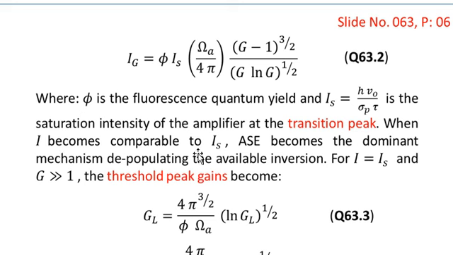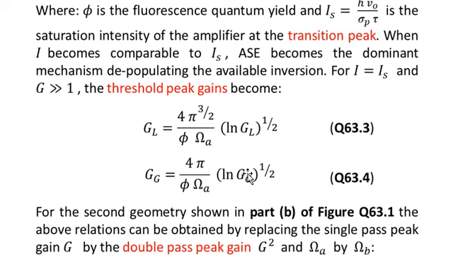When I, that is the intensity, the IL or Ig, which we generally call I, becomes comparable to saturation intensity Is, the amplified stimulated emission becomes the dominant mechanism, depopulating the available inversion. Thus for I equal to Is, which means that IL is equal to Is and Ig is equal to Is, for G much greater than 1, the threshold peak gain becomes: